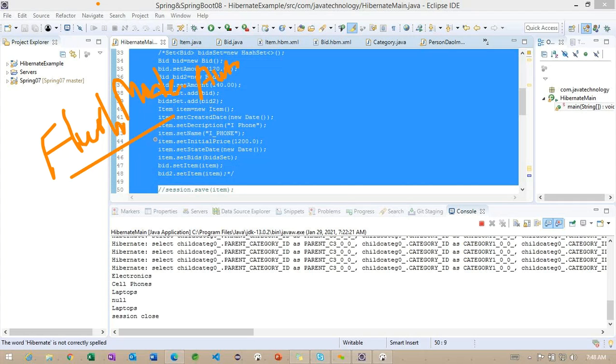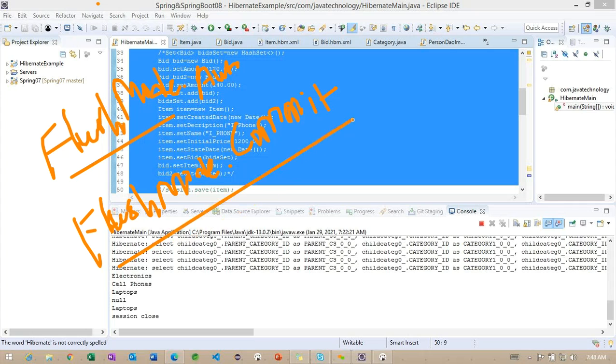Most of the time we are not going to use this auto, and not only this auto, there is flush mode dot commit. In which scenario can we work on this commit?